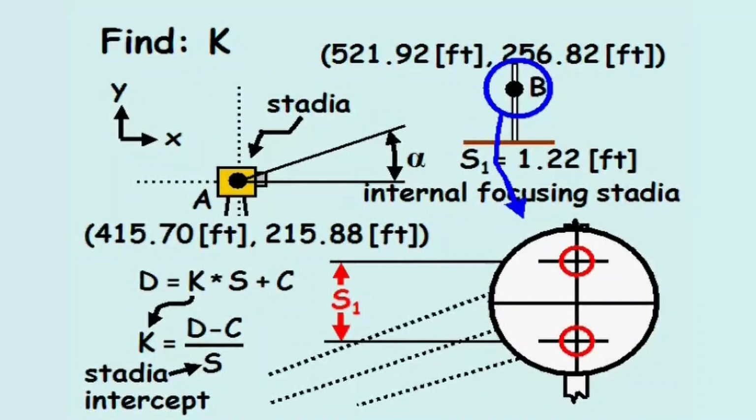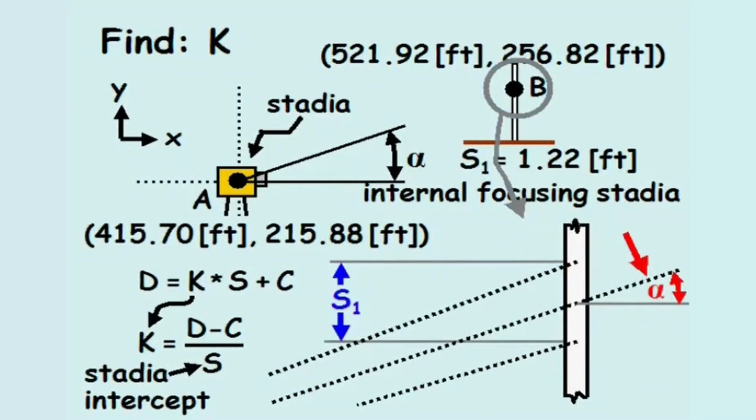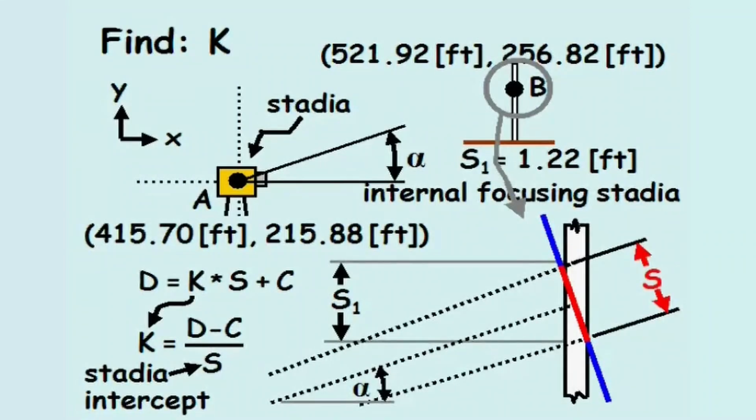In this diagram, the angle of inclination, alpha, is the angle between the line intersecting the center crosshair and the horizontal axis. If we draw a line perpendicular to the line intersecting the middle crosshair at the measuring rod, then our value for the length s equals the length along this line extending between the lines which intersect the top